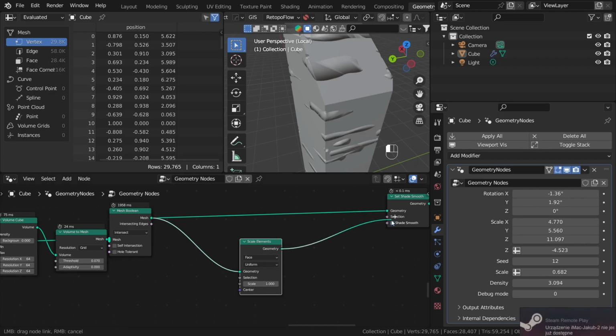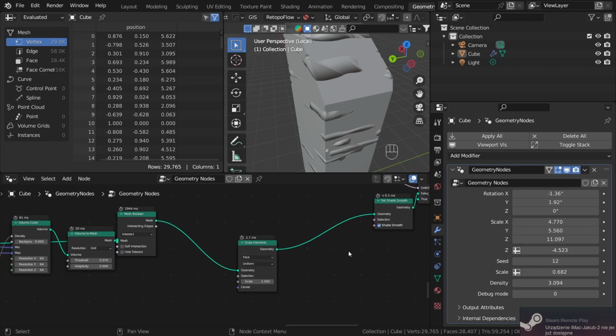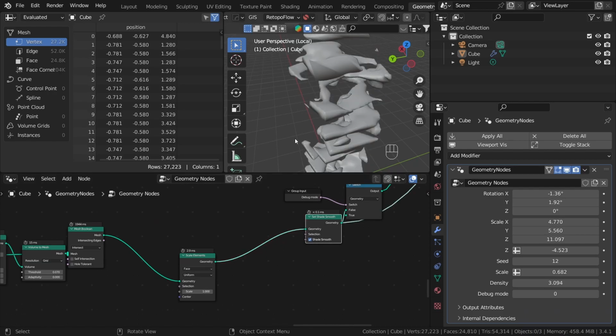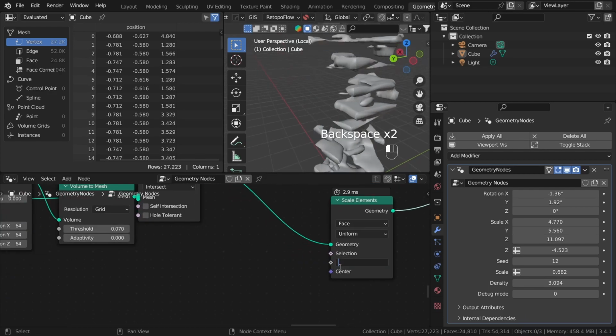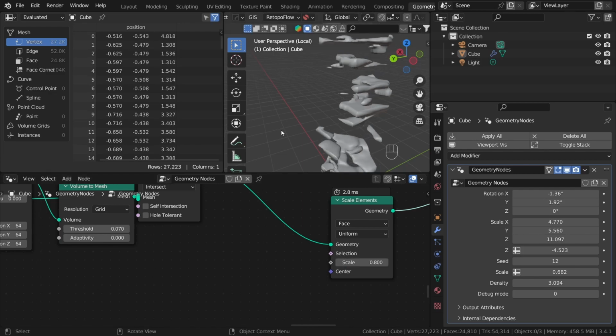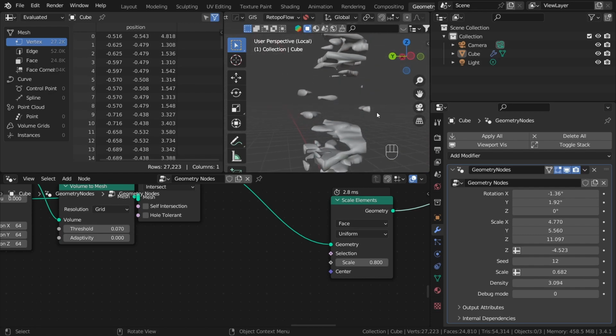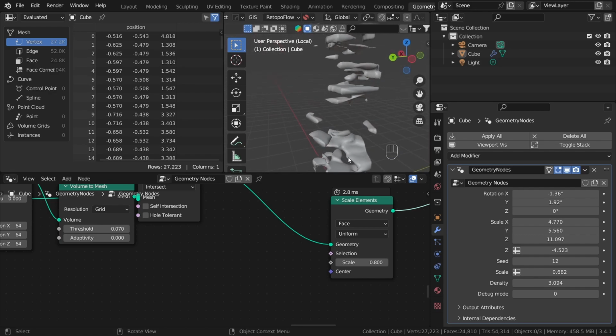And the problem right now, I'm gonna switch to preview only this. When I set it to something like 0.8, as you can see, each individual fracture part is scaled in its own origin,